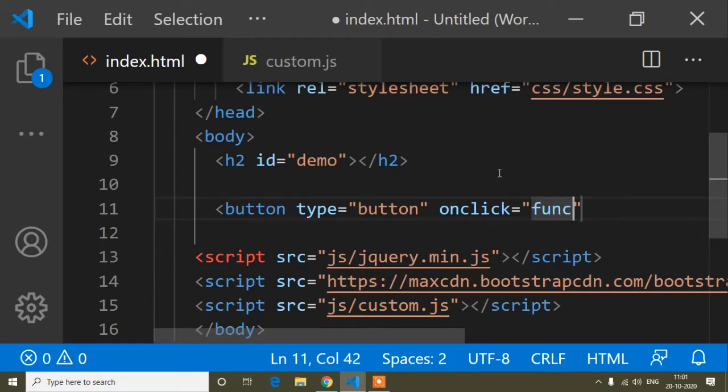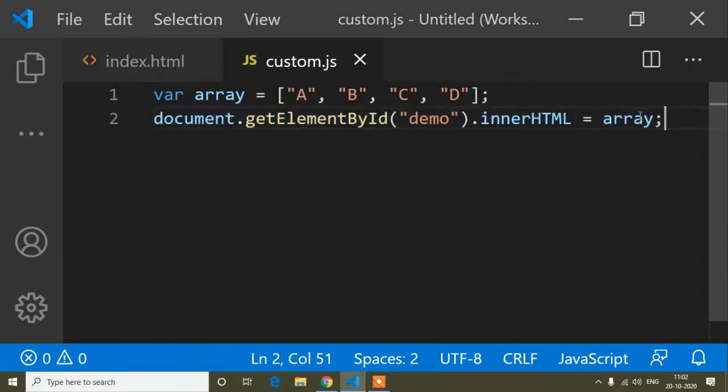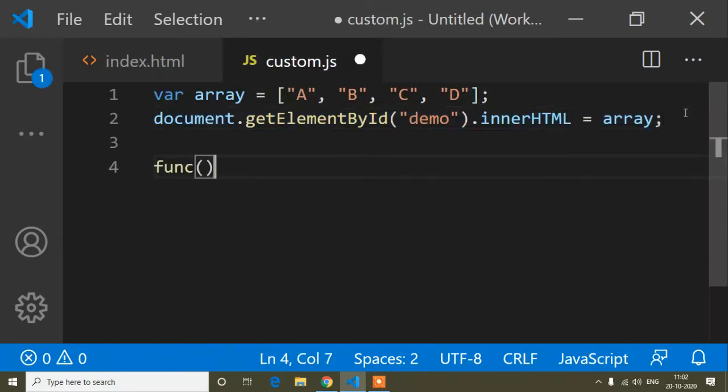You can write any name for the method, and parentheses, this is the syntax. And now here I will write click. So okay, the button name I have written is click. You can write anything, and the method name I have written here is func, the short form of function, but you can write anything. And now I will copy this func method and paste it here.